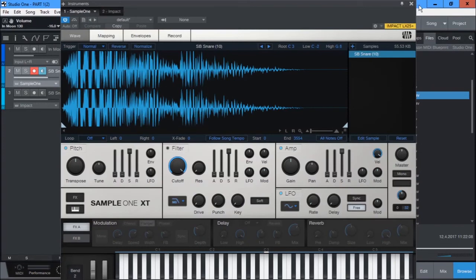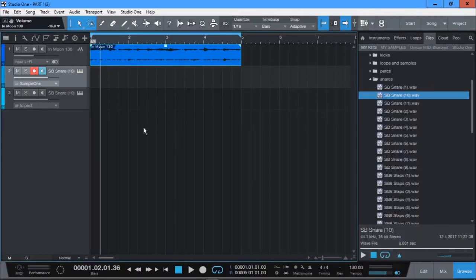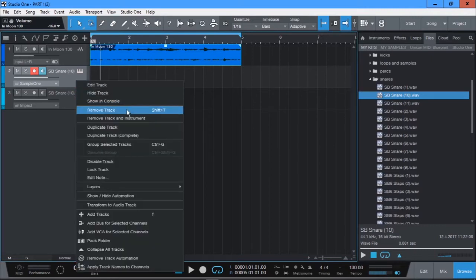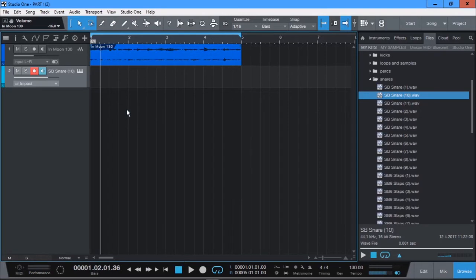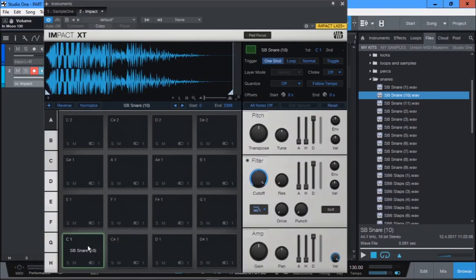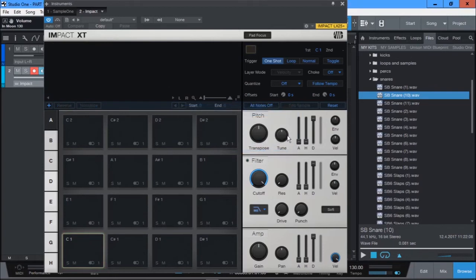And to delete this track, what you can do is you can hold your shift and hit your T button, or you can right click on it and you can remove the track. Okay, the first channel to my side, I kind of feel like I usually start with my kick, so I'll clear this up, clear the pad right there. I'll click yes, and then this I usually like